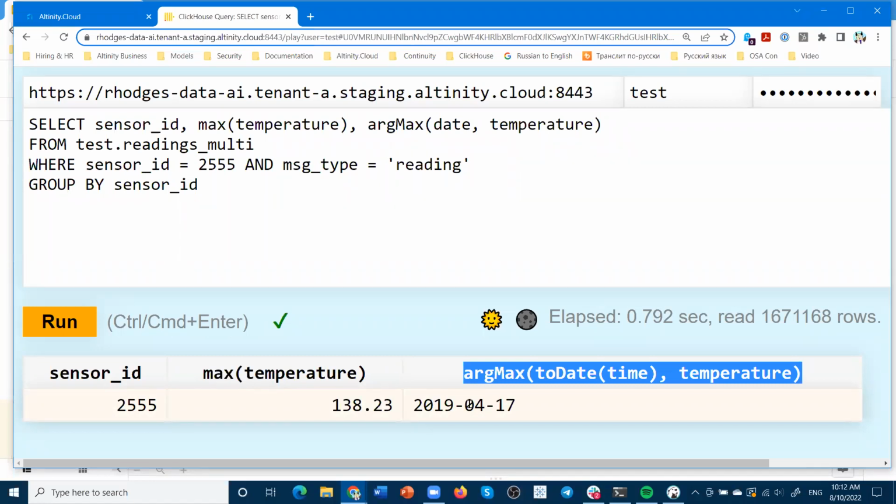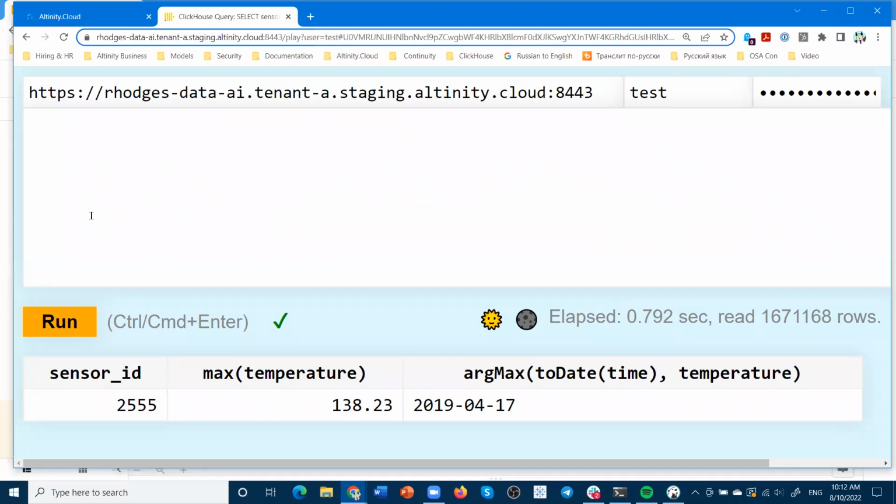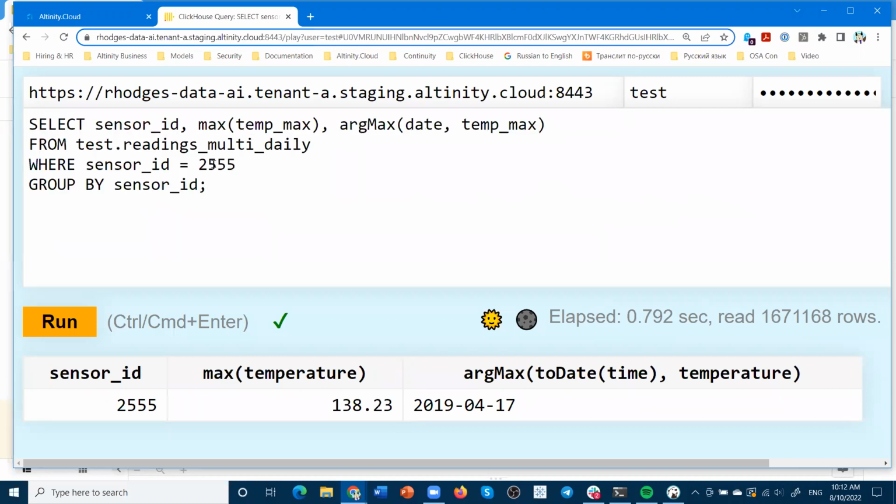And whenever we see things go slower on ClickHouse, we think, can we make it faster? In fact, with ClickHouse there's a very powerful way. If you have queries that you run commonly and you'd like to optimize, you can use what's called a materialized view. I have one which rolls up that temperature data to just the daily readings.